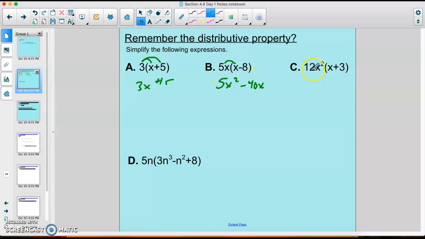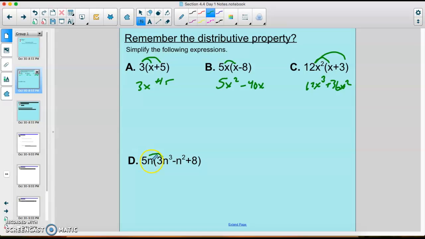Okay, lastly, I guess not lastly, but 12x squared times x is going to be 12x cubed. It goes up by a power when you multiply. And then here we have 36x squared. Okay, lastly here,